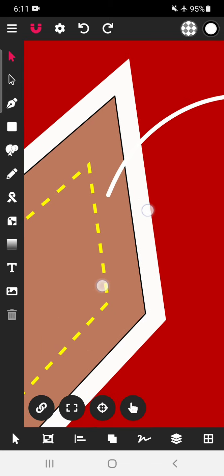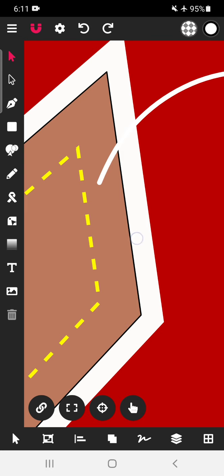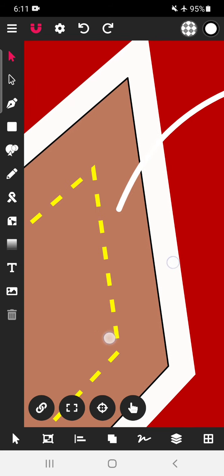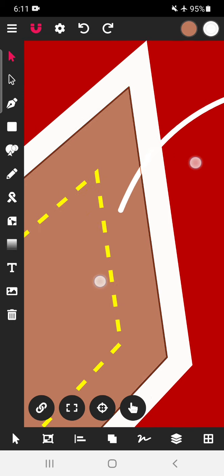We can see in this image there are three paths. This is the central path, which is a black stroke and a brown fill is there. This is the white color path, which is outside, and there is a dotted line, yellow color line, that is also offset path. The paths which are parallel to previous path are called as offset paths.